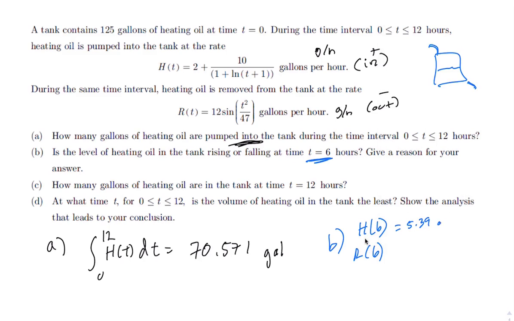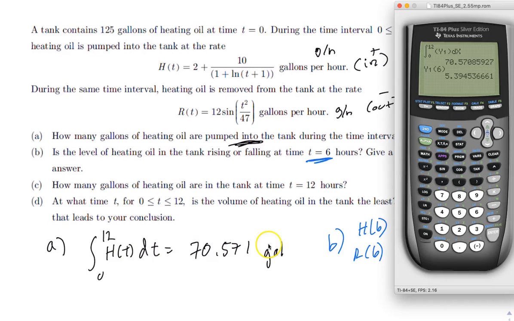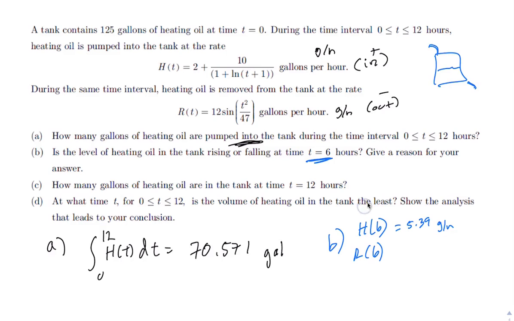5.39 gallons per hour. Probably should add an extra decimal point there, but whatever. And then we're going to do the exact same thing with R, which is my Y2. I typed it in off camera. So I get R of 6, and that's 8.31